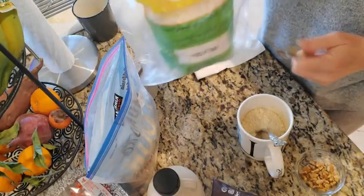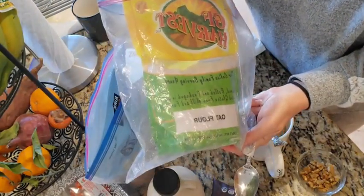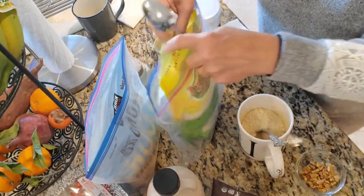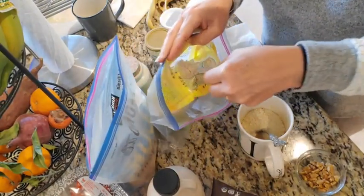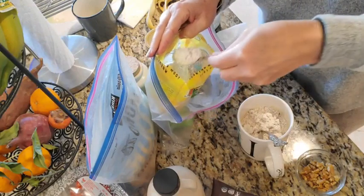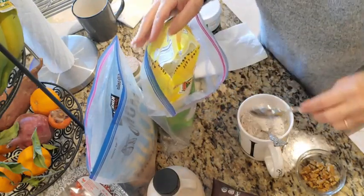And then I use oat flour. Doesn't matter which brand. I was getting this one off Amazon also. I love to have this stuff shipped to me, but they stopped. I think they discontinued it. I'm not sure why or what's happening, but I do 4 heaping spoons of oat flour. 3, 4,